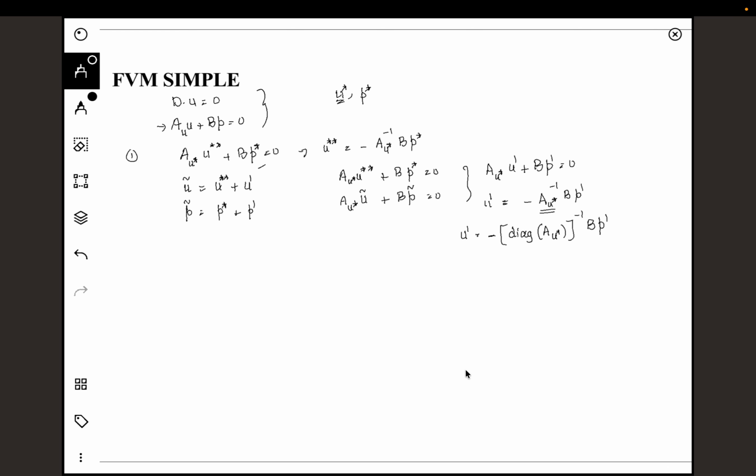So this is with respect to the momentum equation, but the main criteria is we need to satisfy the divergence condition, which means I also need to satisfy D times u tilde should be 0, which will give me D times u double star plus D times u prime should be equal to 0. So this is the main equation that needs to be satisfied. So I have the equation for u prime that I can substitute here. So D u double star will be,